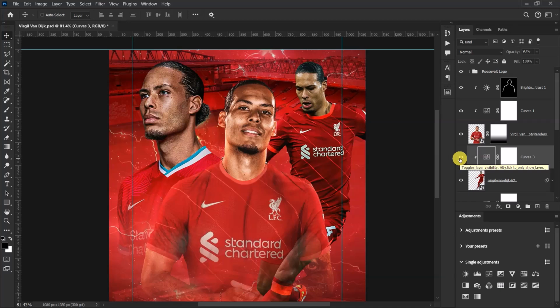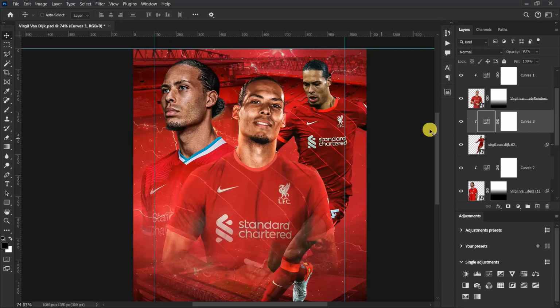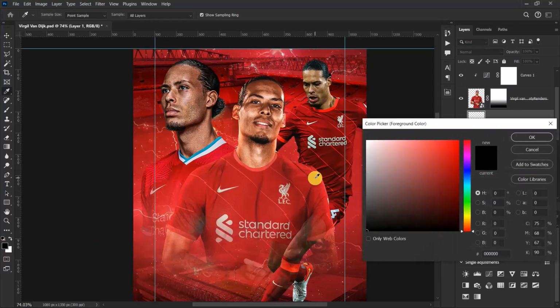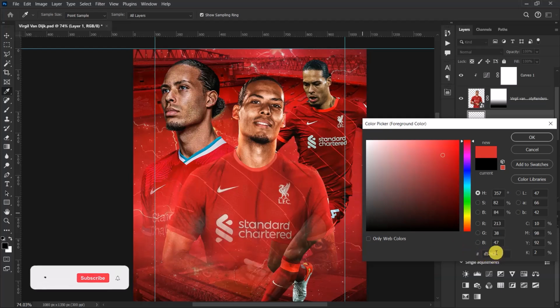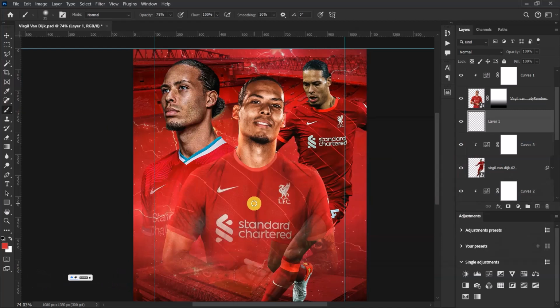Now, what we'll do is, with this particular layer selected, create an empty layer. Then let's set the color to red. So let me pick this red. Now that one is dark. So let's select this red over here. The color code is B5262F. So after setting the color to red, select your brush tool and use your right bracket key to increase